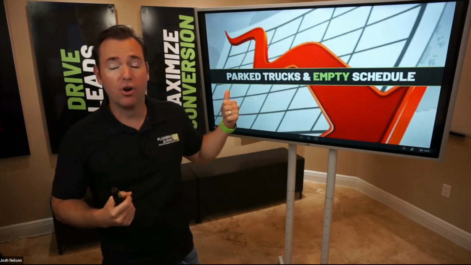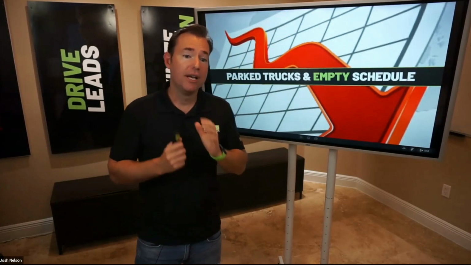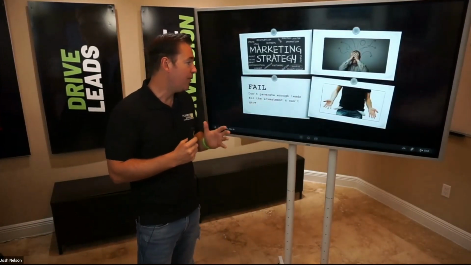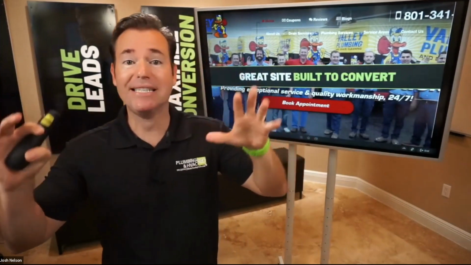And if you wind up with parked trucks, you lose some of those technicians that you have trained, that you have put in place. So this is a pretty important thing to solve for. And if we don't generate enough leads for the investment, we can't grow. So the opportunity, and really what we're going to be doing on today's session, what I'm excited about unpacking with you,